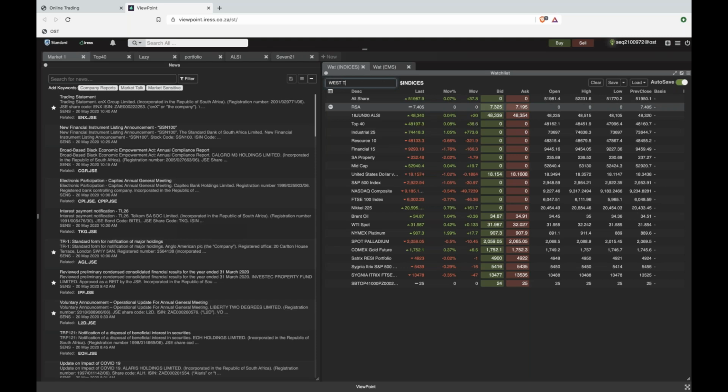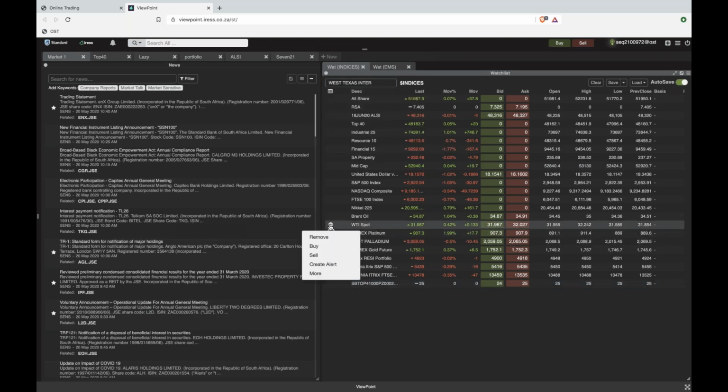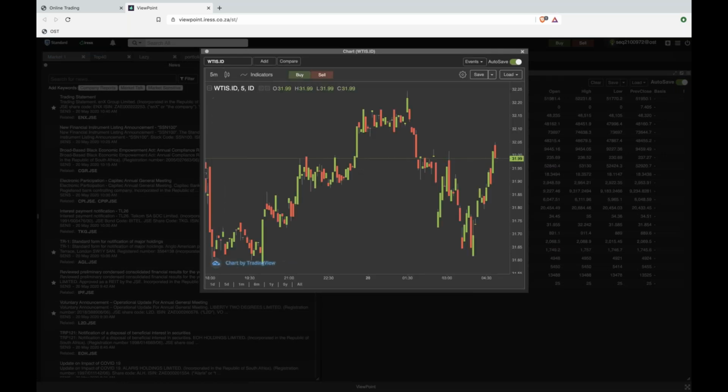And then you go West Texas, and there it is there. That's the West Texas. There's a delay down there. So sometimes just start typing that name in the full detail, etc. But I've got the spot. So then what is my code for West Texas? Oh, no, that is it. Okay, so it's the spot, but it's a 15-minute delayed